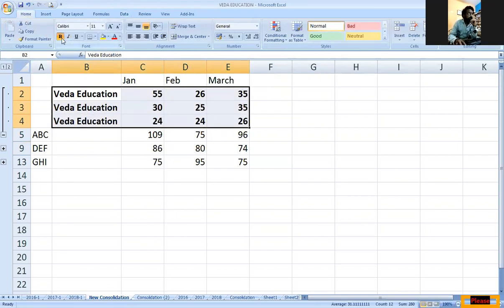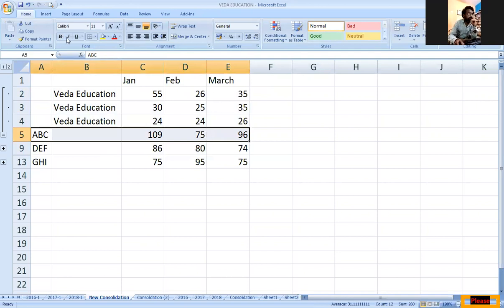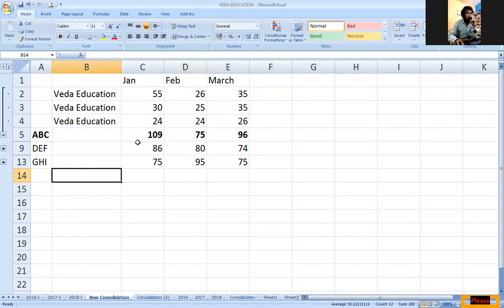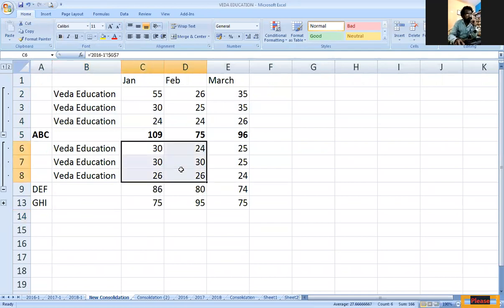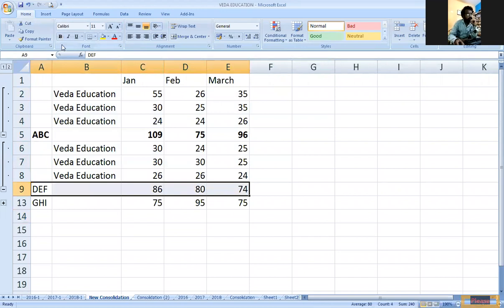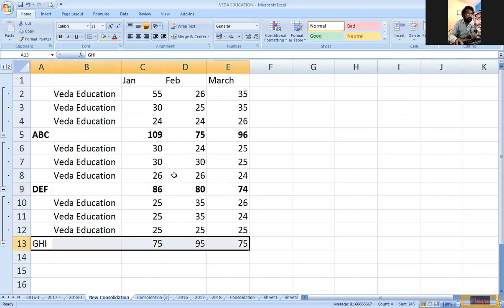You can make this unbold or bold, and you can make this a total of this. You can also press plus one more time. This 86 is a summation of these things. You can also make this bold. If you want an overview summary of the data, you can go for the summary. If you want a detailed description of the data, you can also go for that by using this data consolidation tab. The data consolidation tab is very useful in making the consolidated report of the students.